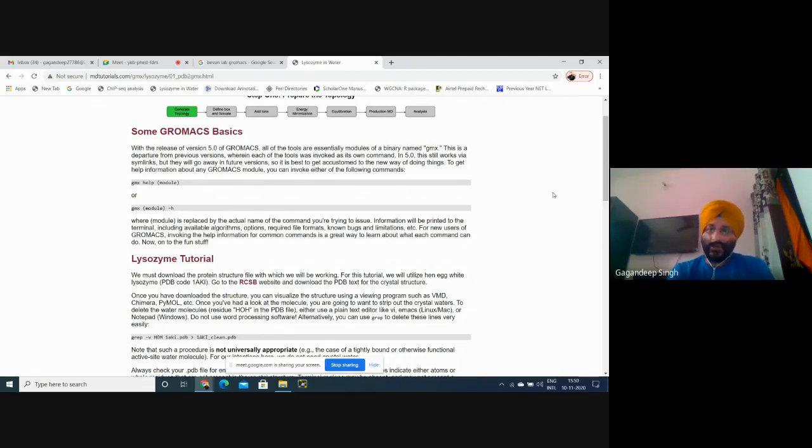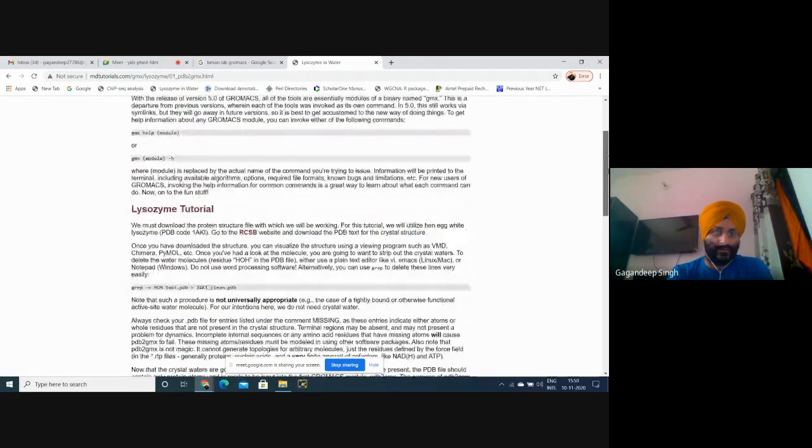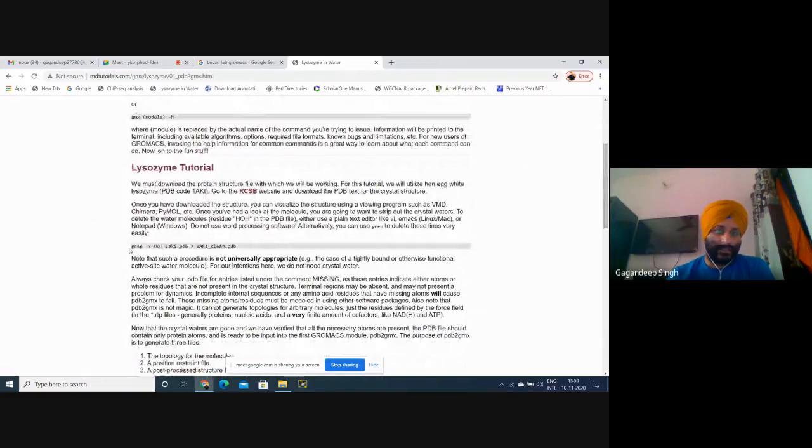First, here he has written grep -v HOH. Sometimes we want to remove some molecules, but if we don't want to remove them, we can ignore this.